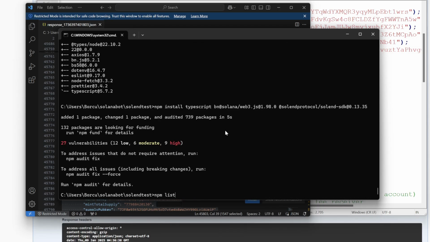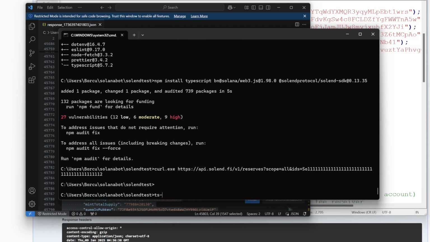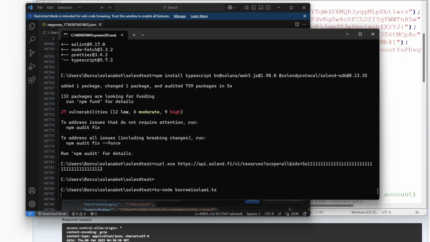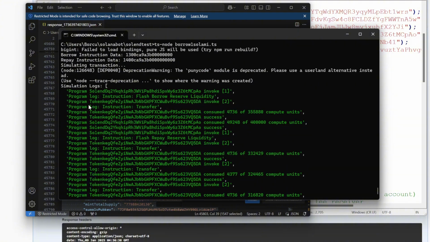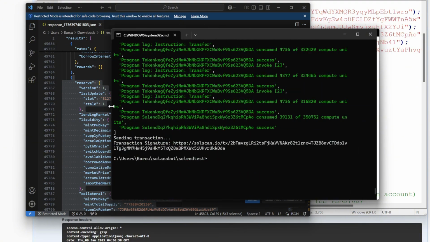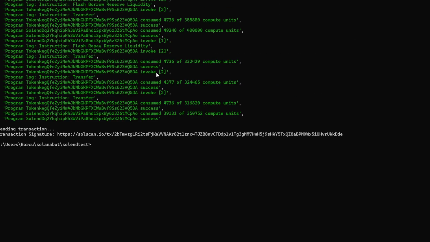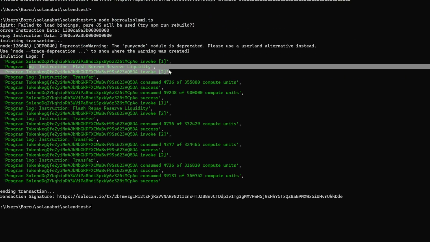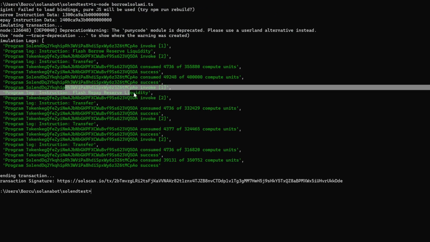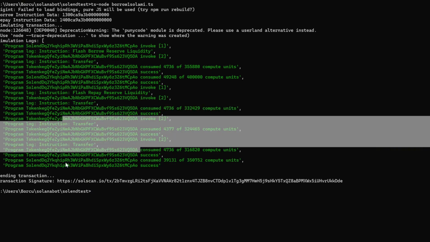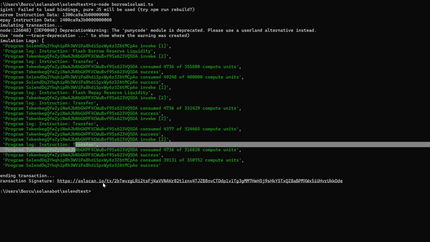But then we're going to go ts-node borrow-one-solana.ts, and bam, there are the outputs. It says flash borrow reserve liquidity transfer success, repay liquidity transfer, and these are the paying of the fees and stuff like that. But it shows the Solscan link here. We're going to just pull it up,